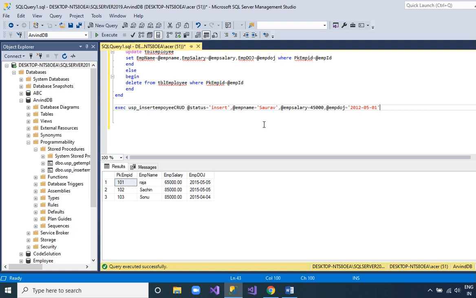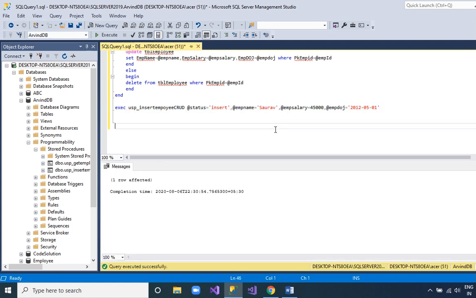Okay, so this is all the information that we have given here. Now we just try to execute this. Okay, so one row is affected.